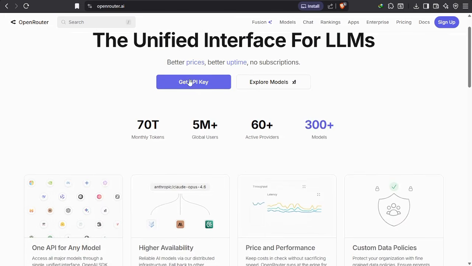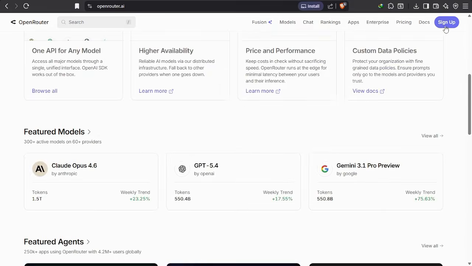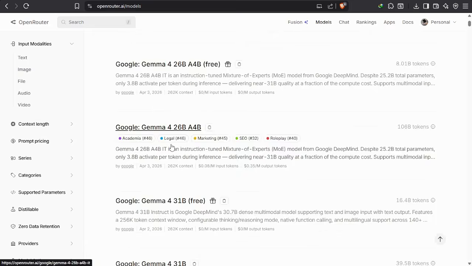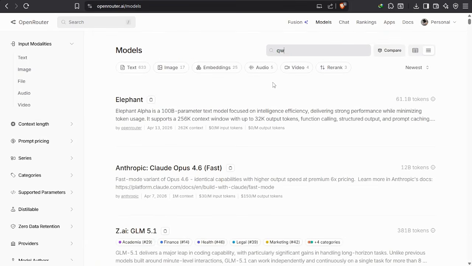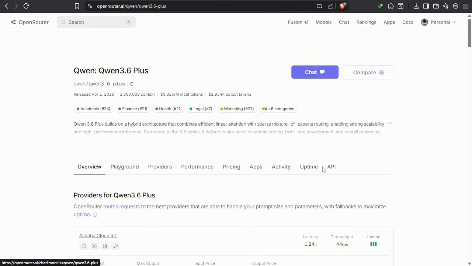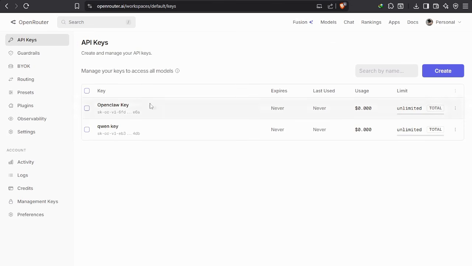To use this for free, go to openrouter.ai and create a free account. Search for Qwen 3.6 Plus and look for a version labeled as free. Copy your API key from the keys section in your settings. Now you can paste this key into your favorite coding tools like Cursor, VS Code, or TypingMind to start coding